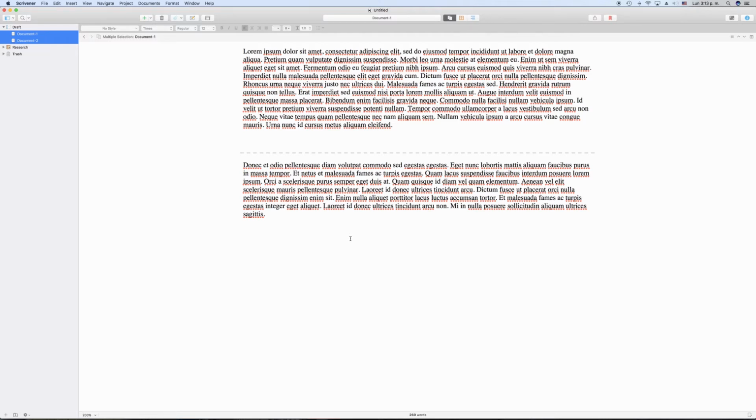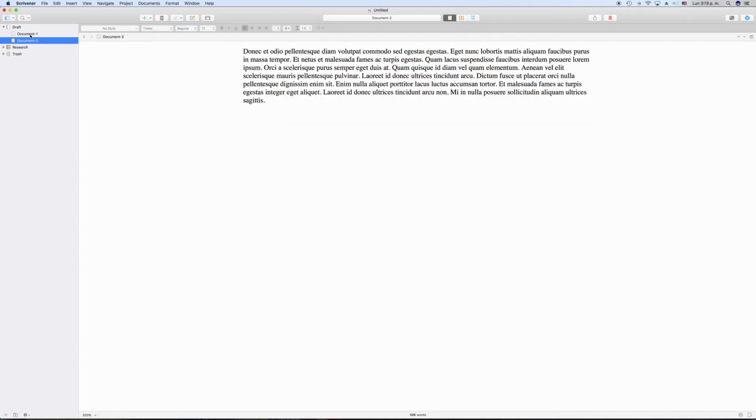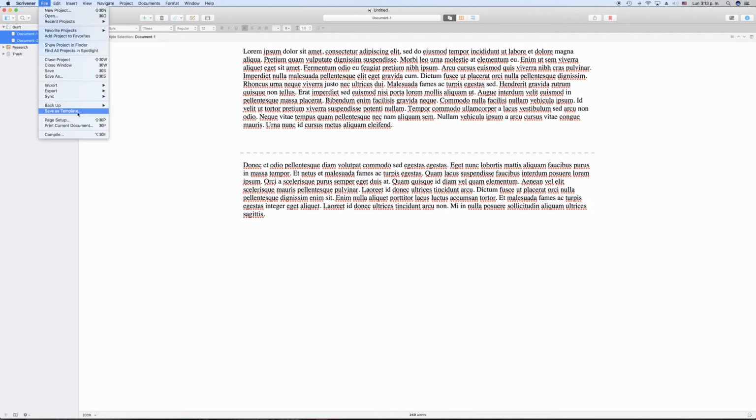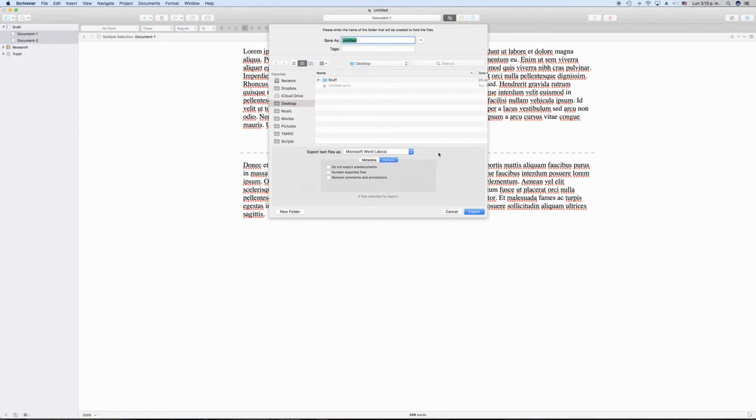And although you can export several documents at once, Scrivener will not attempt to create one new document out of those. It will just take those documents and convert each one of them into the format you specify. So let's look at how this works. With any file selected in the binder, go to File, Export, Files. I think this process doesn't need too much explanation. It's a simple file operation, basically very similar to the Save As command you have in most programs.